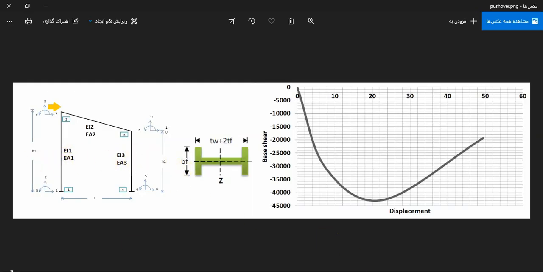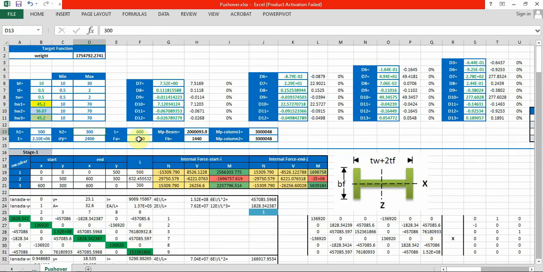Then the length of the beam, modulus of elasticity, yield stress, allowable stress, and so on, and the plastic moments of the beam and of columns 1 and 2